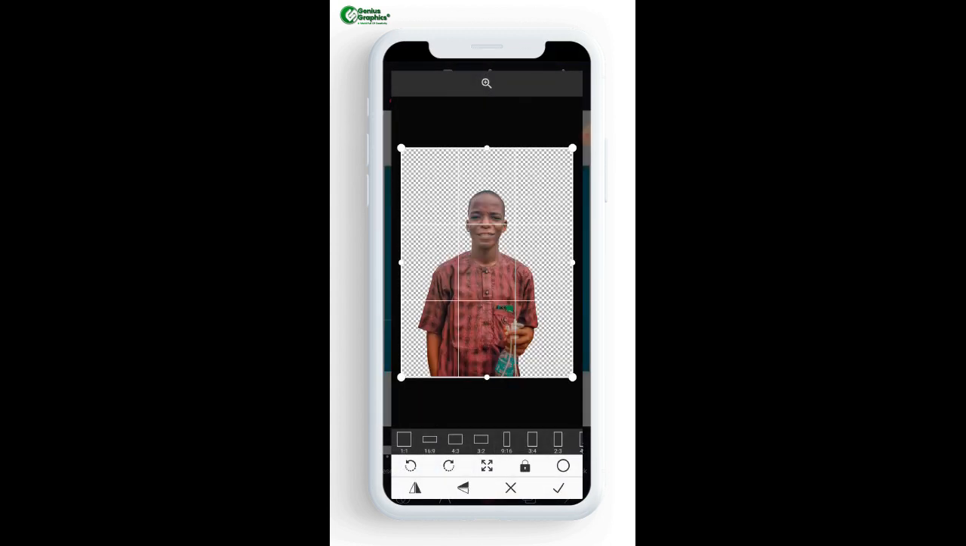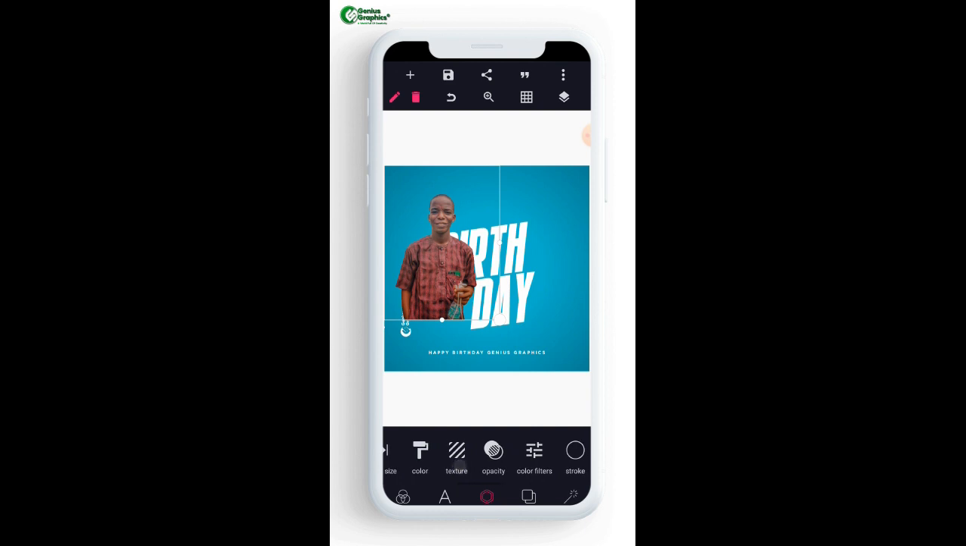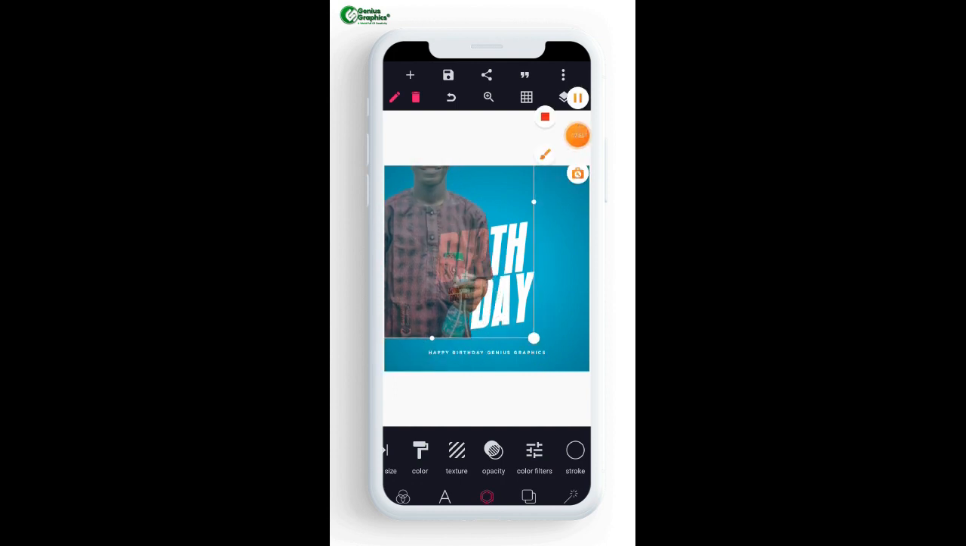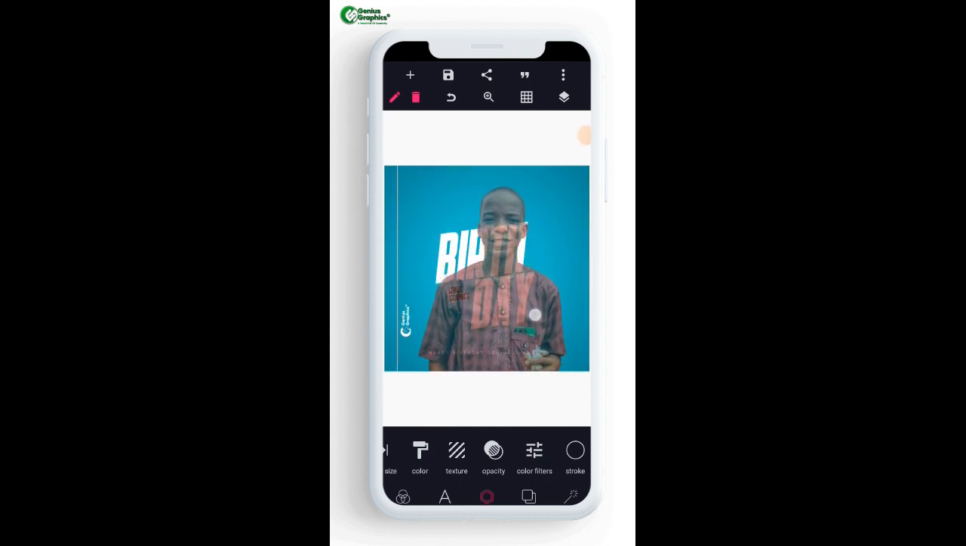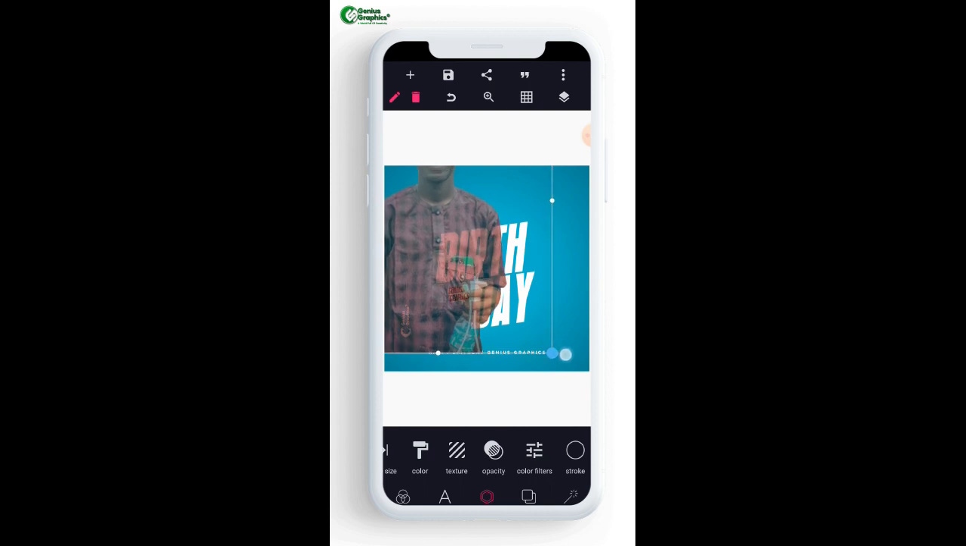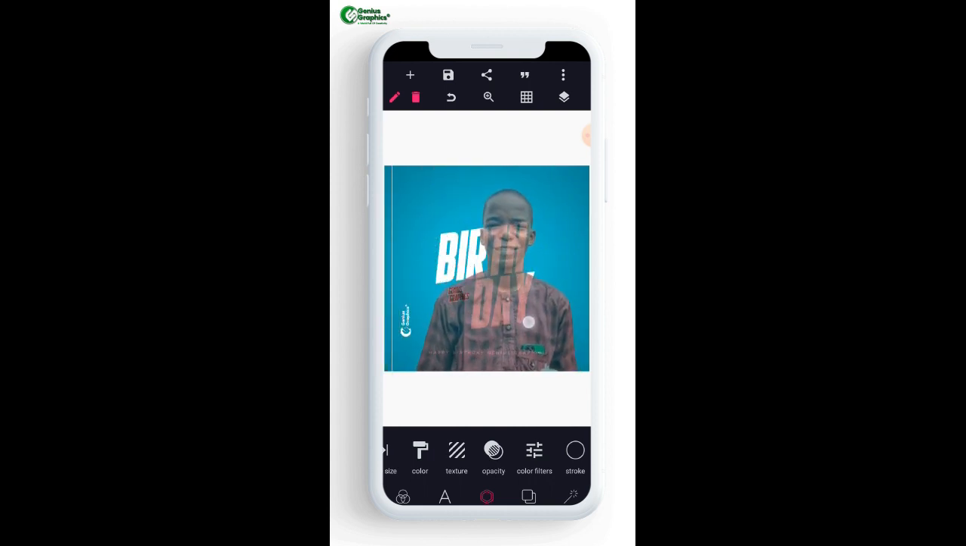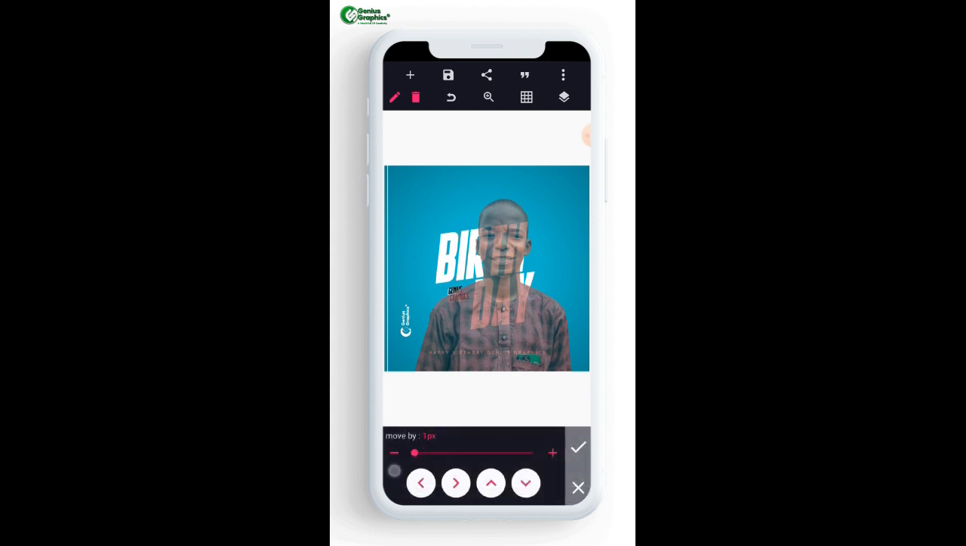Yeah, so now I will move to my opacity and I will reduce it. I want to adjust it to the level. So I'm going to adjust it to make it fit the side I wanted to put it in the text. So now I'm going to give it this adjustment. Yeah, so let me just give it a little position to the left, and after that